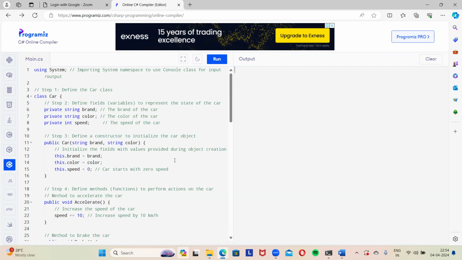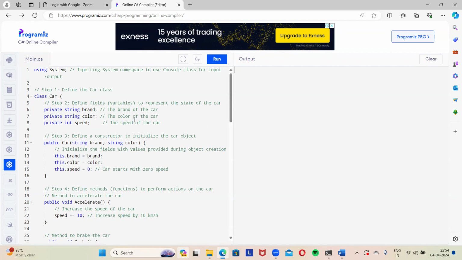So it is for security reasons. And outside the class, when one has to use this attribute, suppose private string brand, outside the scope of the class,